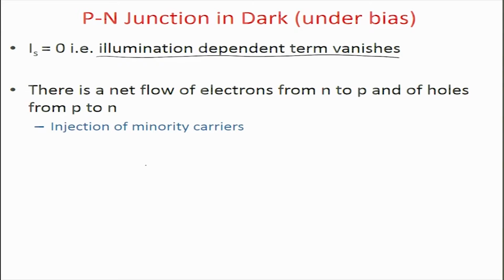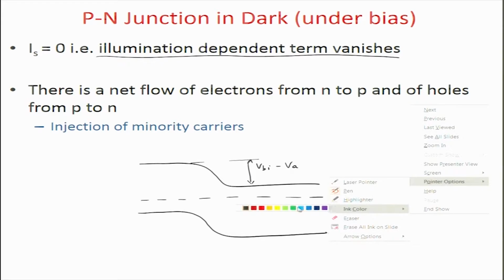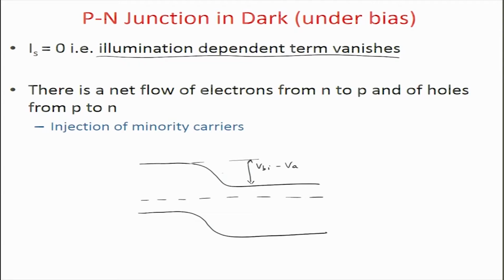So if you look at the p-n junction, it has a profile like this. When you have no bias, the Fermi levels are aligned and you have a built-in field. When you apply bias, for positive bias it becomes Vbi minus Va, which means the Fermi levels are also split. So when the bias is applied, the levels become something like these, and here also it will increase by a certain level.